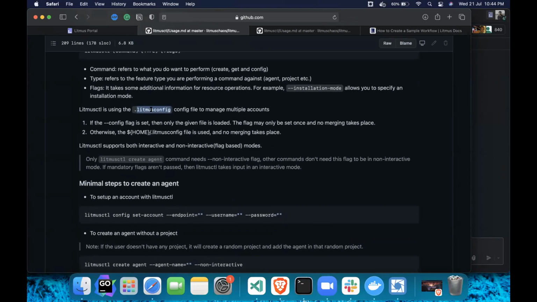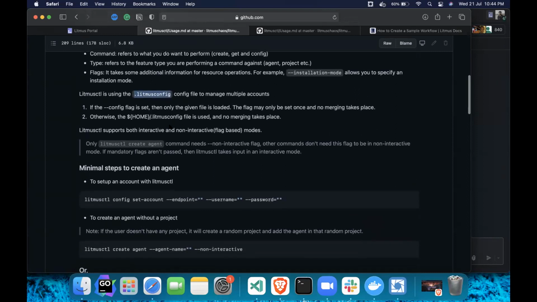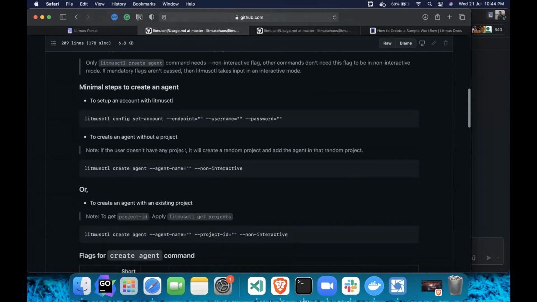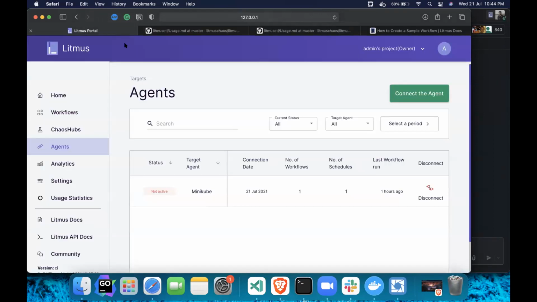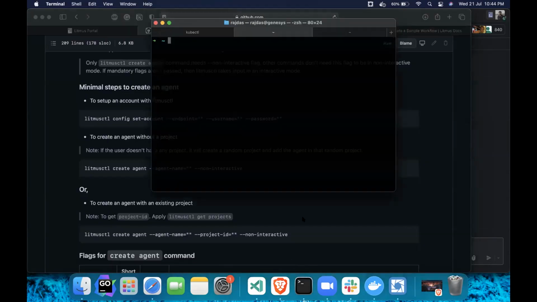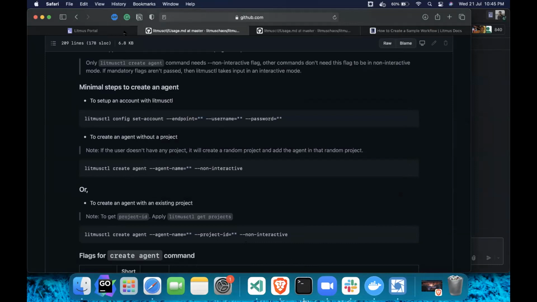So the Litmus CTL is the main guy. So the Litmus config is the main file where you can store all the configuration. So I'll show you how Litmus config looks like later in this demo. So basically, these are the minimal steps to create an agent. I have a Litmus portal installed in my system. I'll connect my Minikube. It's a Minikube cluster. So with this portal,